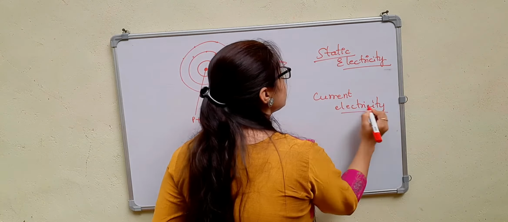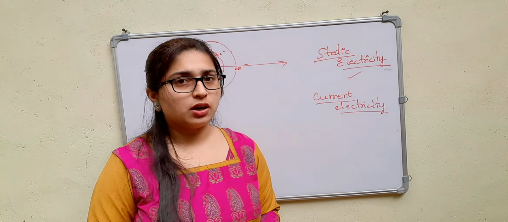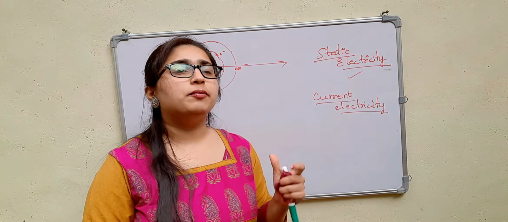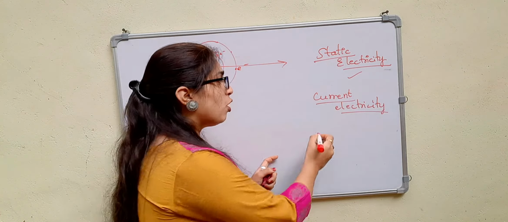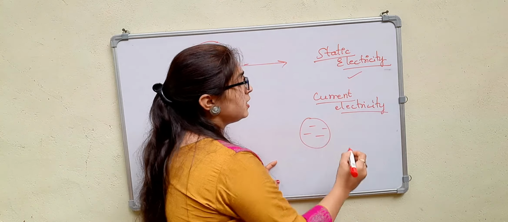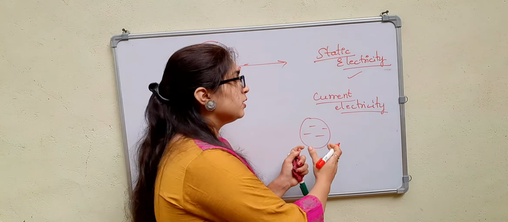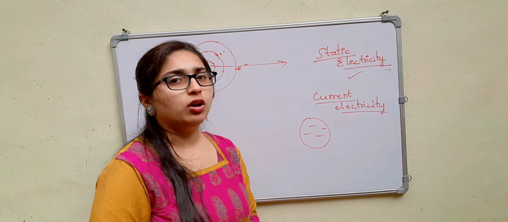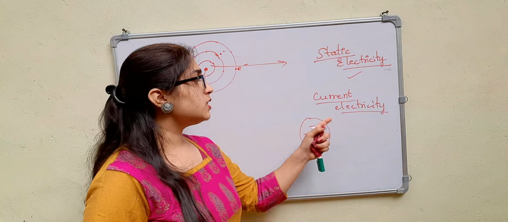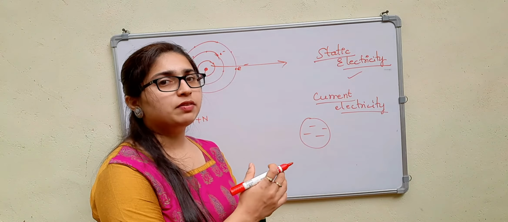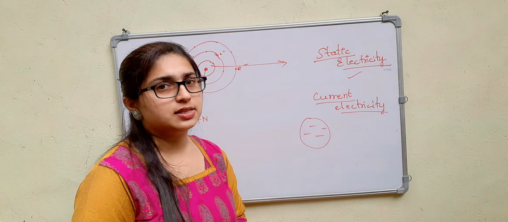In static electricity, not only a comb rubbed against your hair, but consider an inflated balloon. If you rub it with wool, what happens? The balloon gains electrons from the wool, so it becomes negatively charged. Then place it near a wall. It sticks to the wall. It gets attracted. The charges on this balloon do not move, but there is a force of attraction. That is the concept of static electricity.